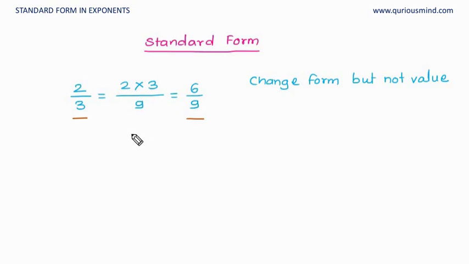And now we call 2 upon 3 and 6 upon 9 equivalent fractions. So in equivalent fractions, what happens? The form, the way it looks, is different, because it is 2 upon 3, it is 6 upon 9. It looks different, but if you look carefully, we know that the value is the same. Similar thing we are going to do with the exponents as well. So we have, let's say, one exponent